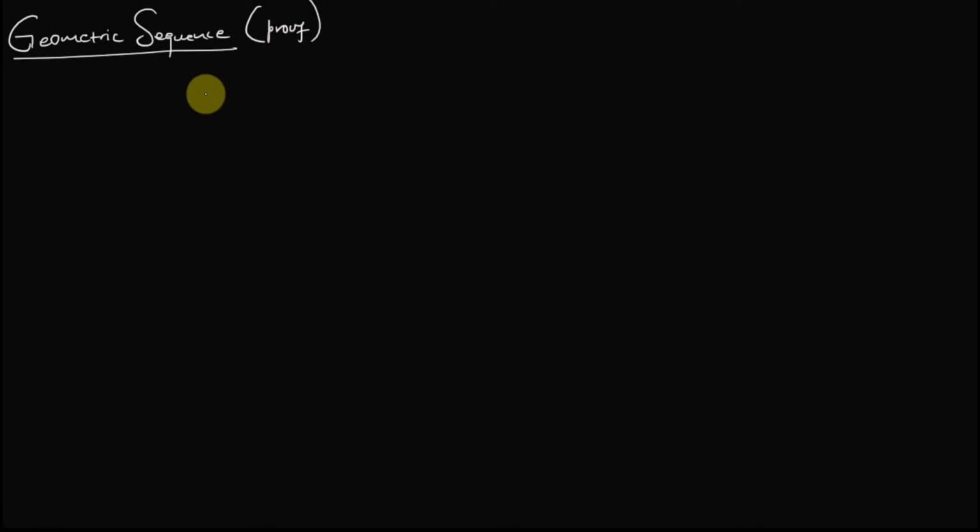In this video, you're going to be looking at the proof for a geometric sequence. A geometric sequence has a general term of Tn equals A r^(n-1), and we know that the sum Sn is equal to A times (r^n minus 1) all over (r minus 1),